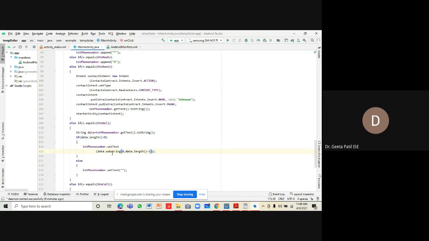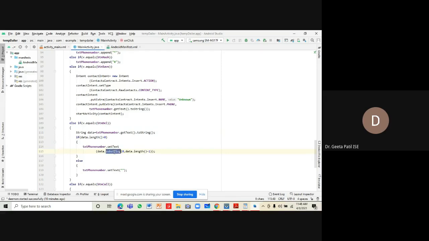So what does the substring function do? Data length will give the length of the data. Let's say in your string you have got 5 characters, 1, 2, 3, 4 and 5. The data length is equal to 5. So when we say data length minus 1, we'll get 4. So 4 characters will be taken.